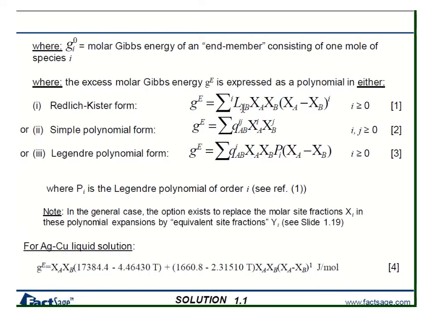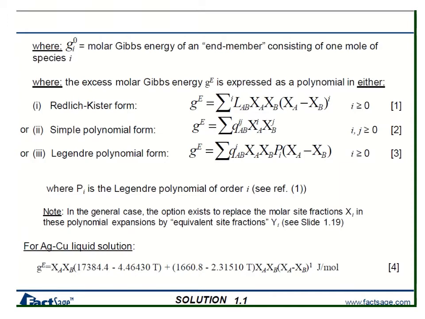This term here is the same as the LAB, power i equal to 0, and then this term here is the second term with a power 1. So L1, 1 LAB basically is this term. So now let's try to learn how to create this kind of binary solution by using the random mixing